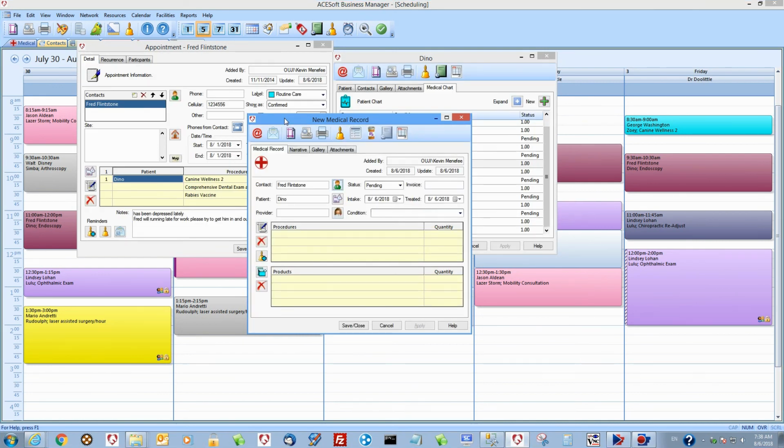And after we've completed the new medical record, we can click this button here to generate an invoice that will transfer all the information from this medical record to an invoice automatically. I'm going to show you all these features in just a moment, but we're going to access this new medical